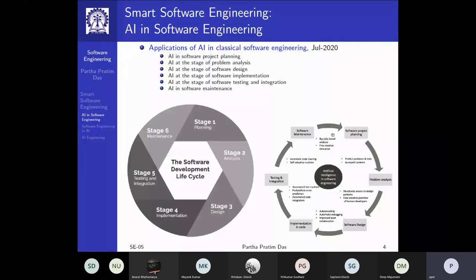And on the right, this is mapped from this blog, so you can see a better image there. As you go around this, you can see that if you are going from, say, software project planning to analysis, you need to predict problems and risks by expert system, which is what people are working on, because risk containment is a big question. If you're going from analysis to design,